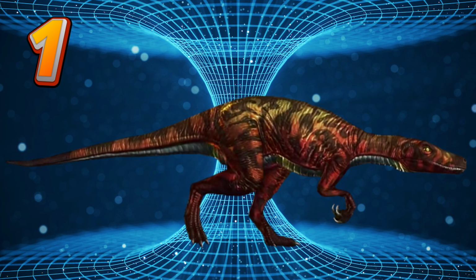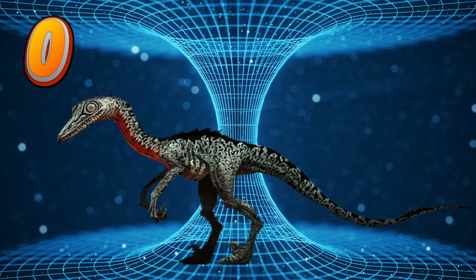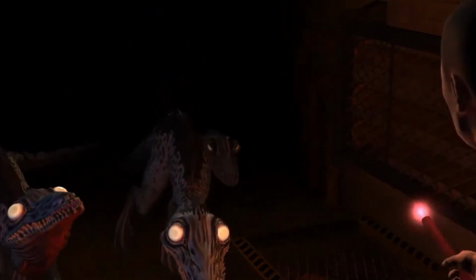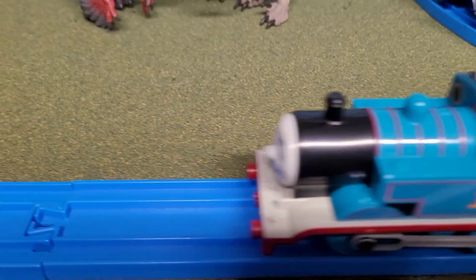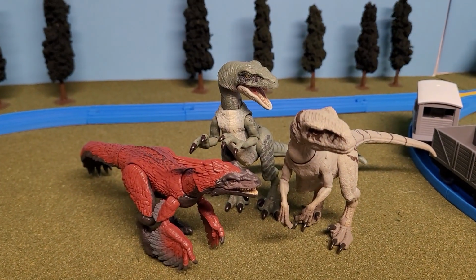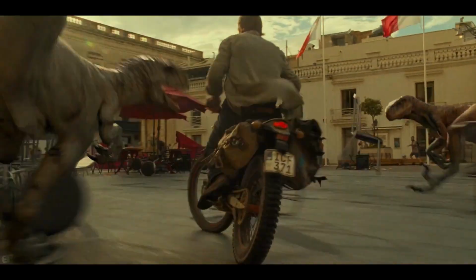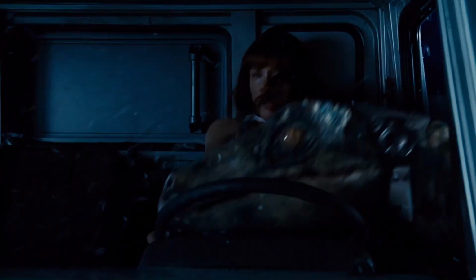This is also true for the Herrerasaurus, and Troodons, I don't think they stand a chance at all, because the firebox is gonna be glowing, so they hate light. They're not gonna go near Thomas. But all 3 versions of the raptors have a chance of attacking the crew even while Thomas is in motion. Each of these dinosaurs should be speedy enough to catch up to Thomas, or even just perfectly time a pounce